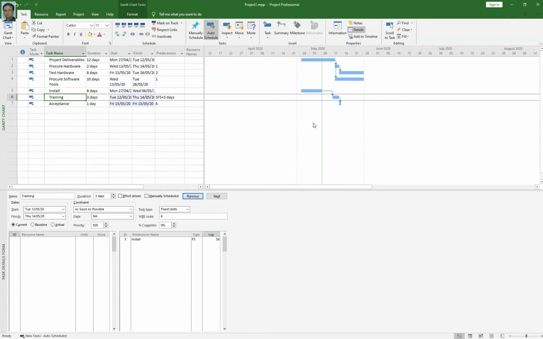For instance, you can start your training activities before the install activity takes place, because you will conduct training sessions in your conference room on your laptop. So how will I make a lead for this activity? You will go back to your lag column and simply change it to -1 or -2 or -3.